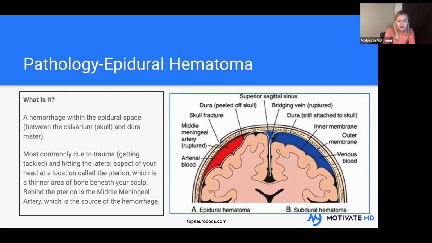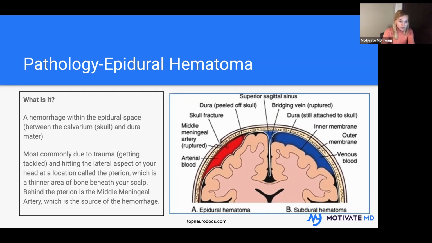Exactly. Just to take a step back for a second, we talked about a specific artery that can rupture or break due to trauma in a specific part of our head. I have a picture, which I will show you in a moment, but that area, the lateral side of your head, is called the pterion, and it's where different bones that make up your skull come together. That is a very thin part in comparison to the rest of your head and is vulnerable